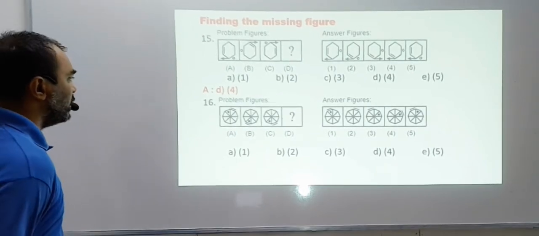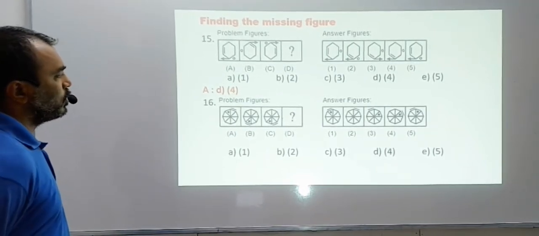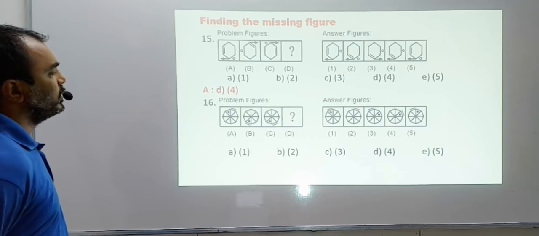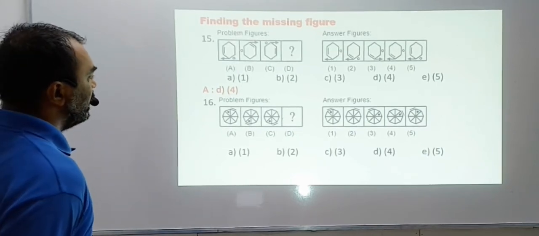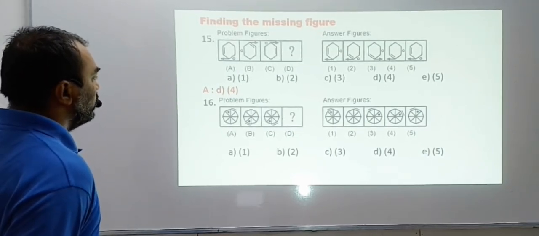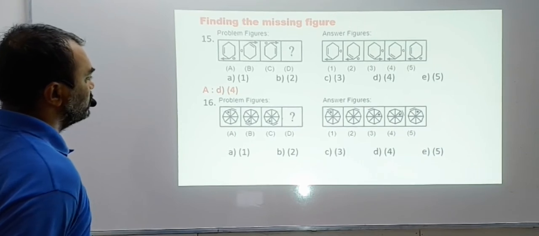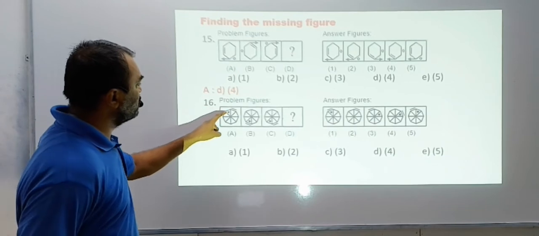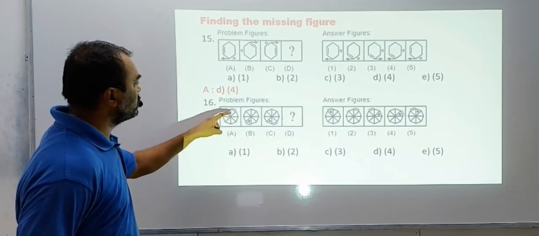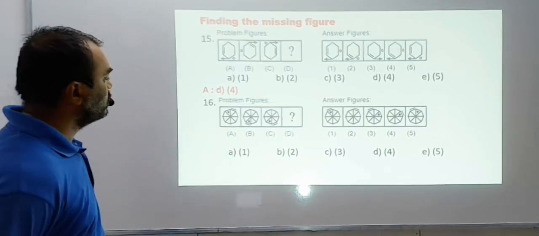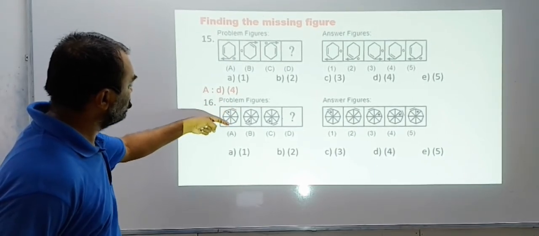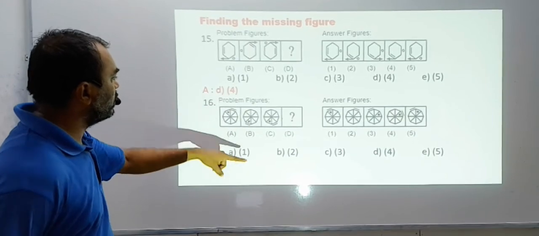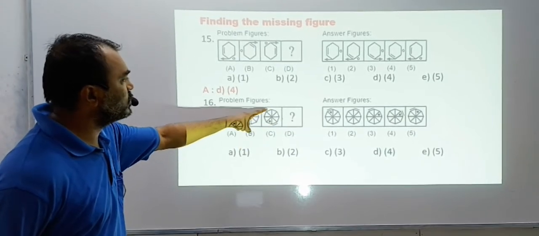Now here you have a line and a black dot moving inside a wheel sort of thing. See how many triangles the black dot has jumped and how many triangles the line has jumped, either way. So you can say the dot has moved this way also, this way also. See the shortest route, the line also checks the shortest route. You can see the line has just jumped to the opposite side, if you notice. So this line will jump over here, opposite side.